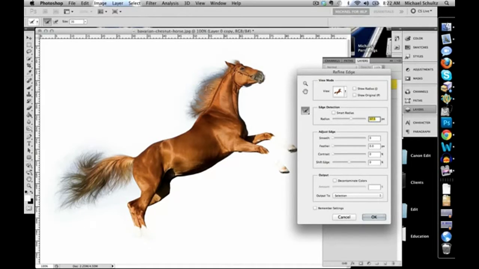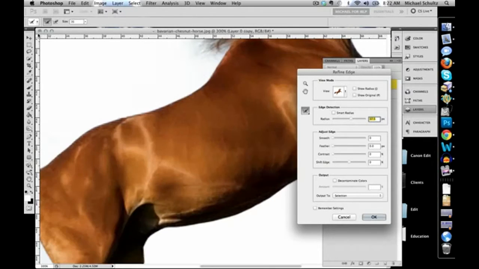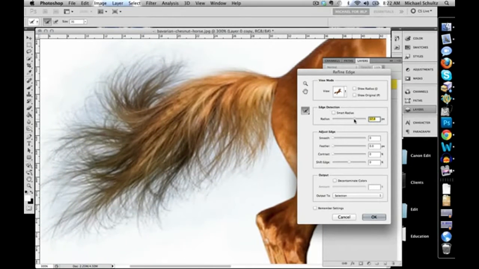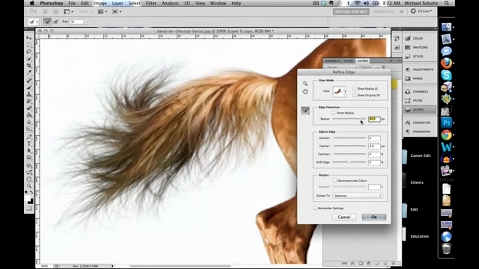But it's really the strands of the hair that you'll be interested in here. So let me see if I can zoom in here and show you exactly what's going on. I'm going to keep bringing this radius up, and you'll notice that the background is being extracted. You'll notice that you will lose a couple of hair strands. A little bit of the background is still showing, but as you adjust the edge, these different selections for it,